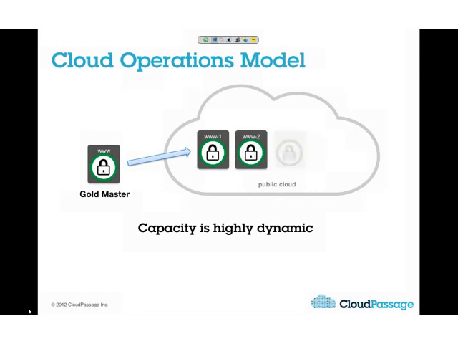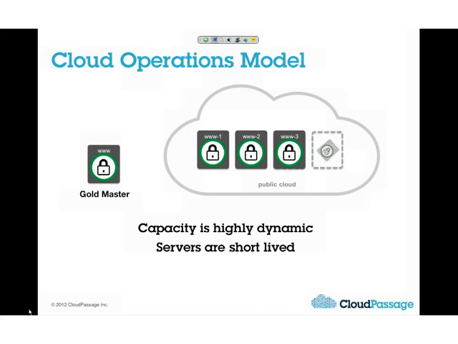This is why you've moved there. You want to be able to take advantage of this. And it's also true that servers are very short-lived. You'll scale up to handle a spike, and then when that spike's over, you'll scale back in order to save on your hourly charges. So the problem is that if a gold master image becomes out of date due to a patch, every image that's been cloned from that gold master will be